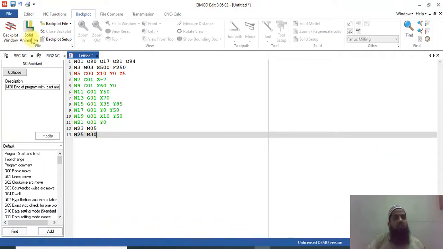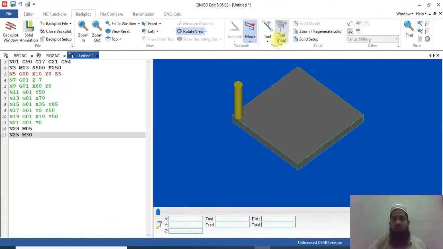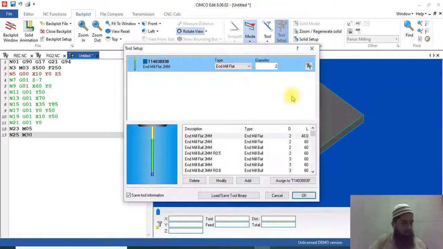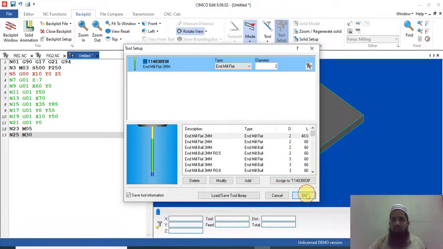Now I'll go to the solid animation to select the tool. You have to select a tool, no need to require, you can check this is millimeter and the diameter is given, that is okay, and this is also okay.